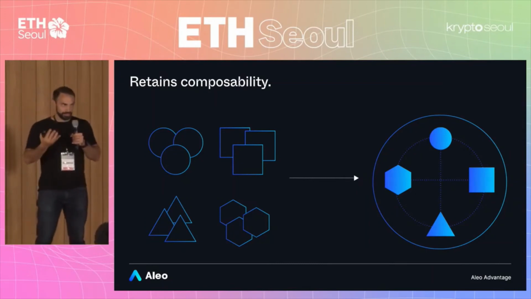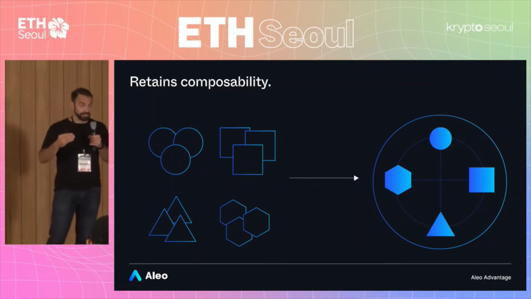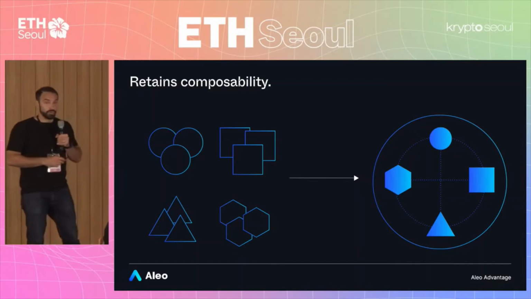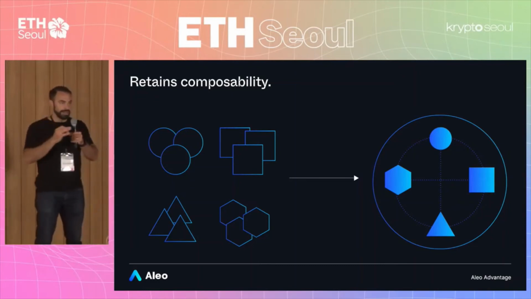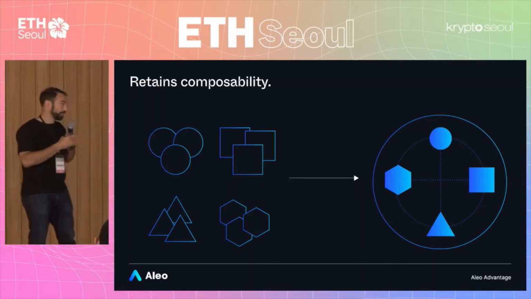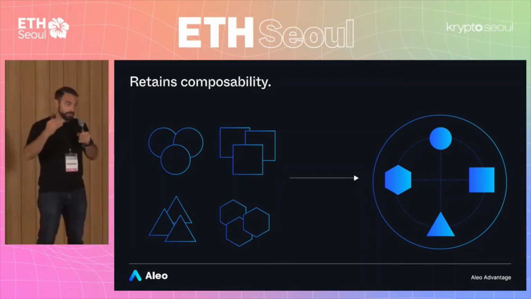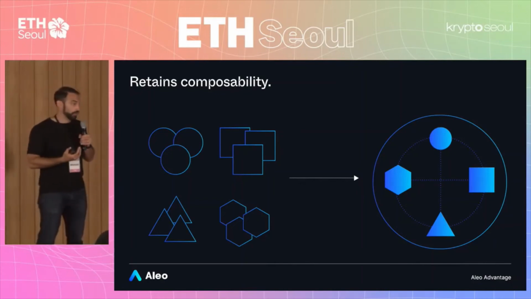In Ethereum or with Solidity, that's typically not how it's done. And actually, I don't know of any other language in which this exists for blockchains. Typically, you have to copy and paste all of that program logic and put it in your smart contract. For Aleo, we actually enable people to import programs from the program registry directly, and the compiler that we have basically figures out the imports and synthesizes those circuits directly into the compiled R1CS of the final program. And the cool thing about this is it retains composability. So you can take what different people have worked on, combine it into something new, which I think is one of the most powerful parts about crypto architectures in general.